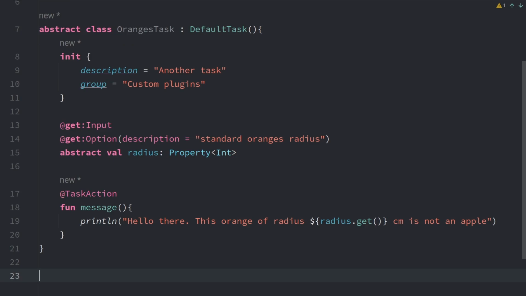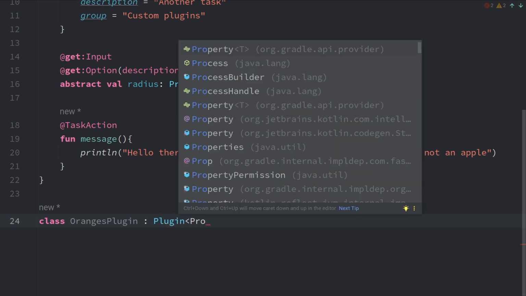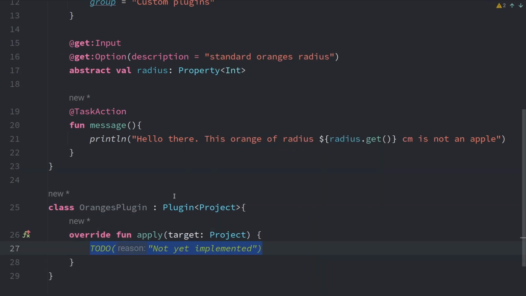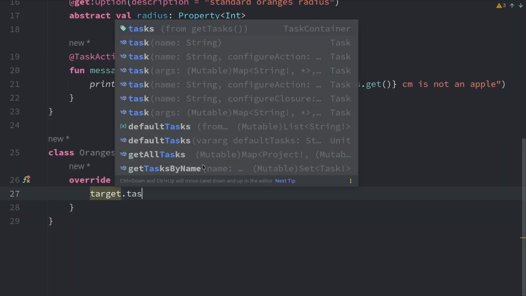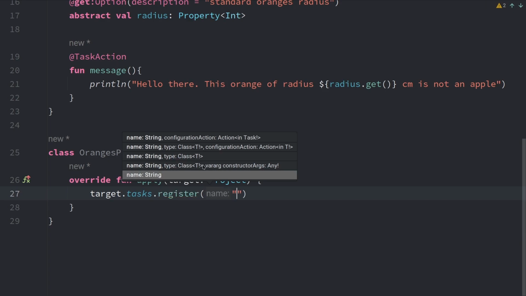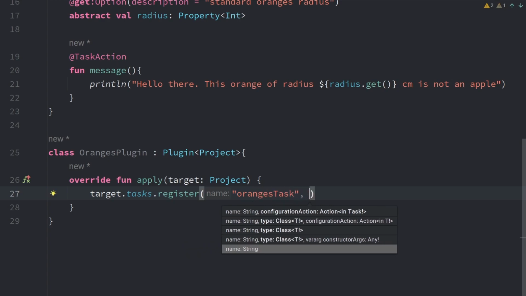So to provide your plugin, we can have our oranges plugin class, which inherits a plugin for a project. We override the apply function. Let us set up our task. So target.tasks.register, and then providing the name of the task. So we're just going to call this oranges task,